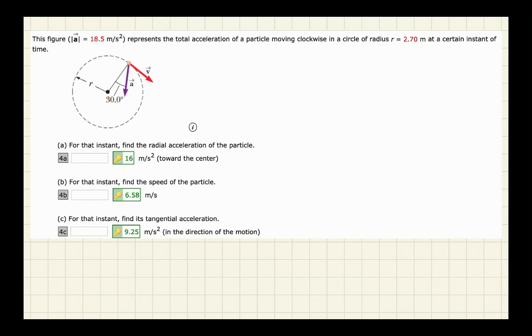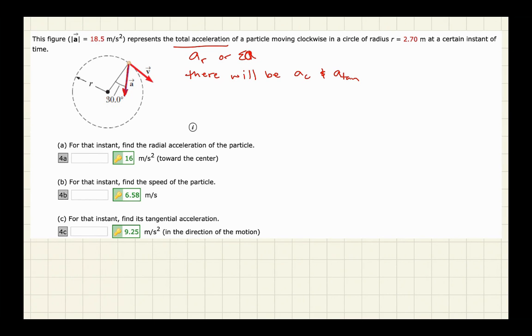Okay, so this next problem has a figure given, and that figure represents the total acceleration, or what we might call the resultant acceleration or the net acceleration, right? And that net acceleration has two components. If you look at the image, it's not directed towards the center. It's also not directed tangent to the circle. So what this means is there will be